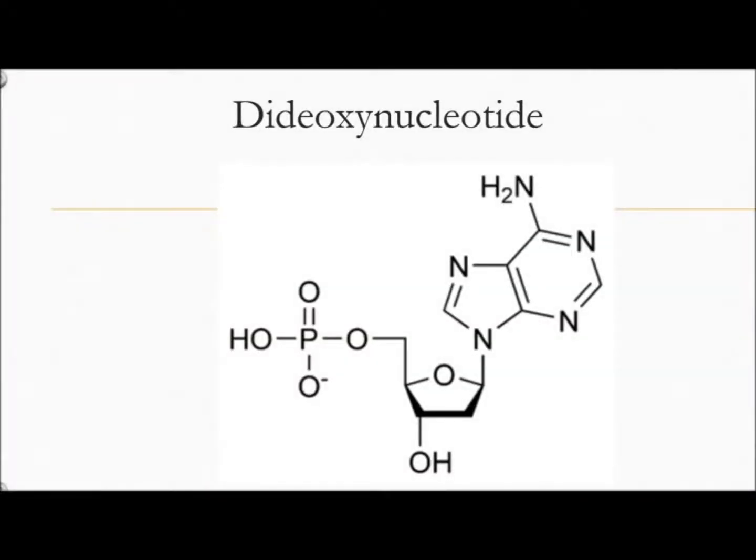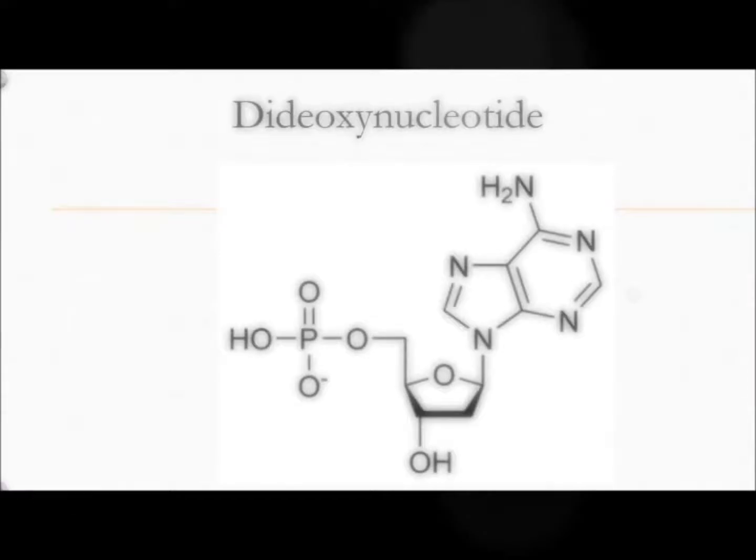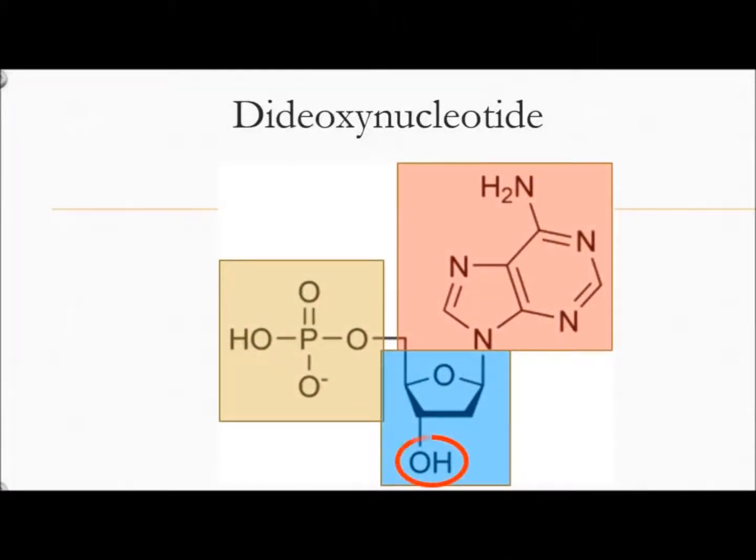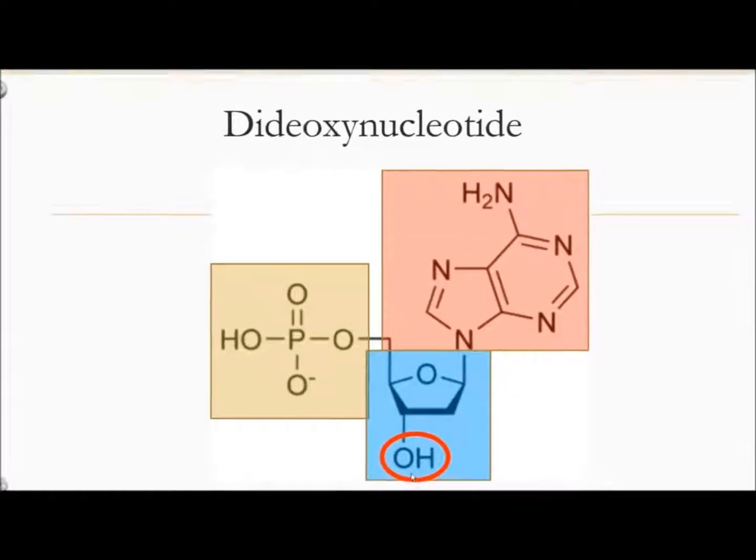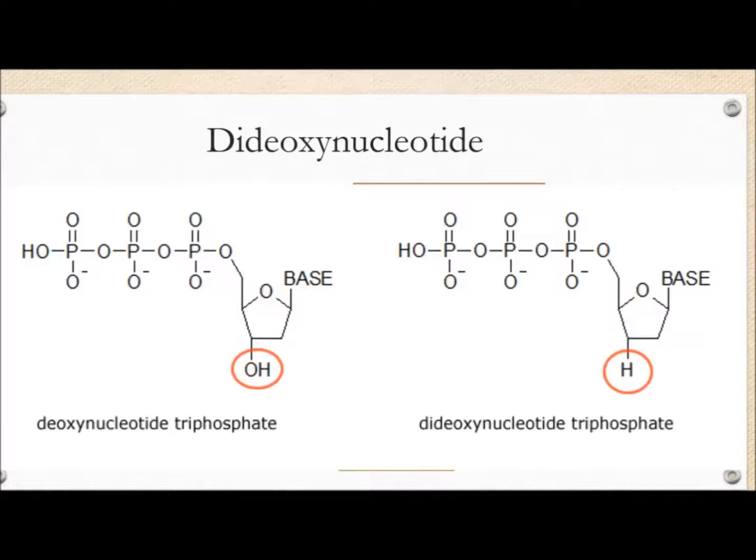what you see here is the beginning of the discussion of a dideoxynucleotide. So, for example, you have your ribose sugar, you have your phosphate group, and you have the purine or the pyrimidine. In this case, it's the purine. What we are really concerned about is this hydroxyl group. So, to continue the discussion, what you see here is a deoxynucleotide triphosphate, which is then used to build the nucleotides. And when you